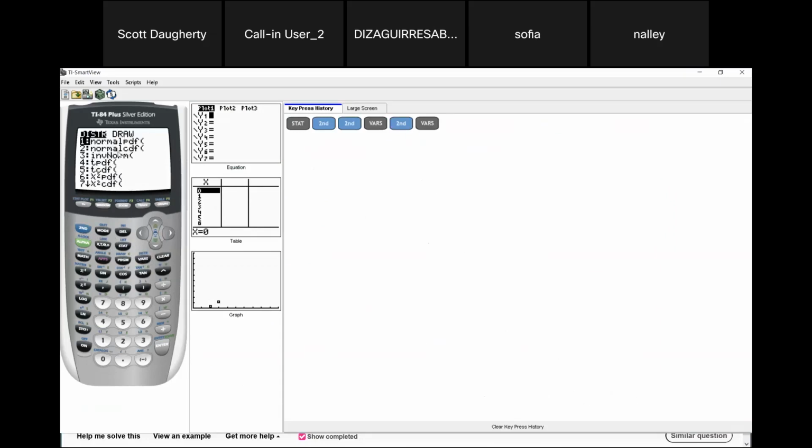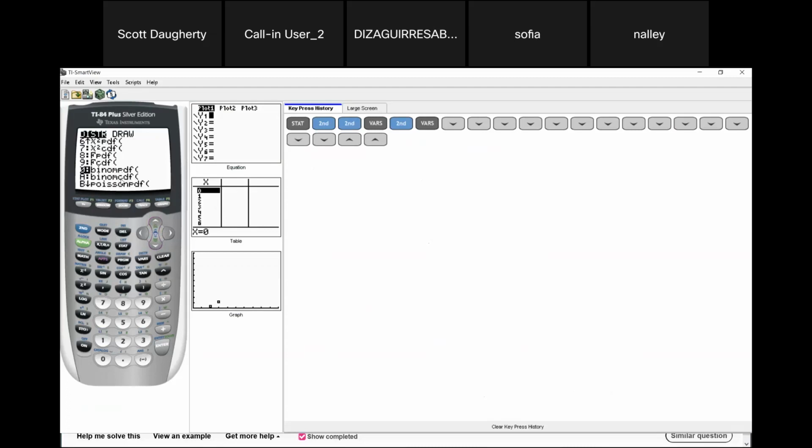So we'll touch on each of these at some point during the course. Notice the very top one says normal distribution, which is a bell-shaped distribution. That's going to be the most important one. We've already talked about bell-shaped a little bit, but we want to scroll down until we find the one that says binomial. You can see there's 2 of them. There's the binom PDF and there's the binom CDF. Now for this problem we're working on right now, we're going to need the binom PDF, and I'll show you the difference in a second. The PDF is when you're calculating the probability of exactly x equal to a certain number, like x is exactly 5. So PDF is x is exactly a specific number, like a 5.